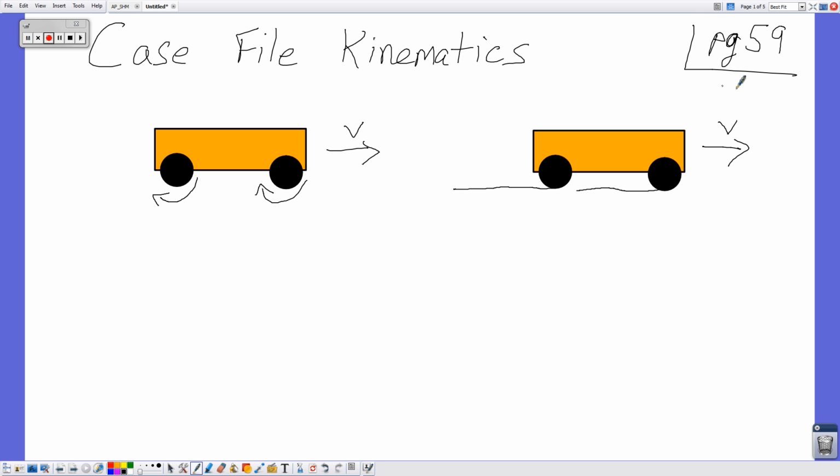This is in your interactive notebook on page 59, which again should be a page on the right-hand side. All right, draw this. This is called case file kinematics. You got cars. Notice that these arrows are not touching because they are not forces. They're just showing you what direction the cars are going. This is a car that is moving forward